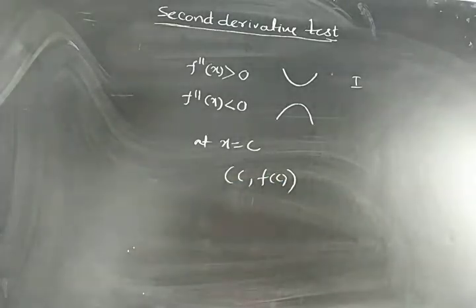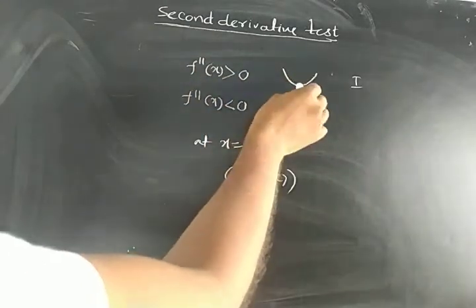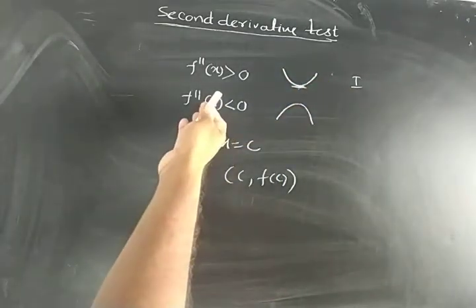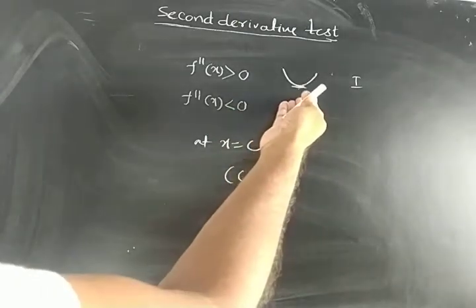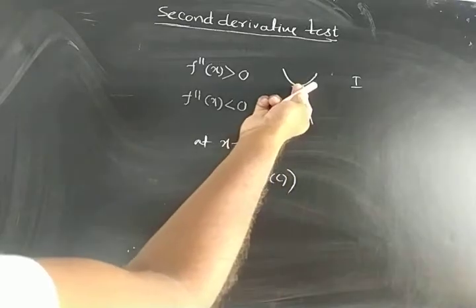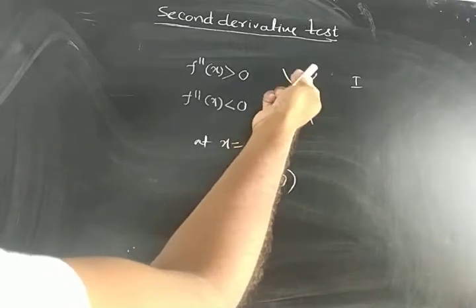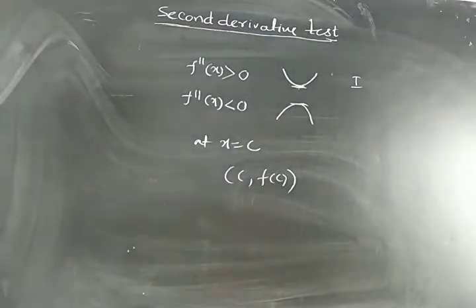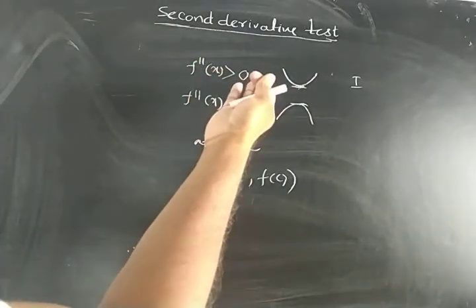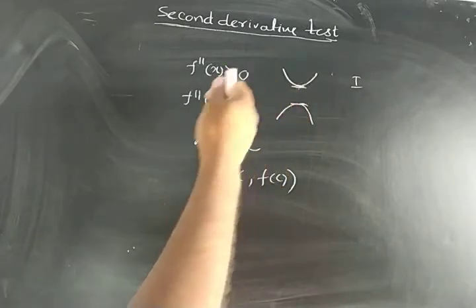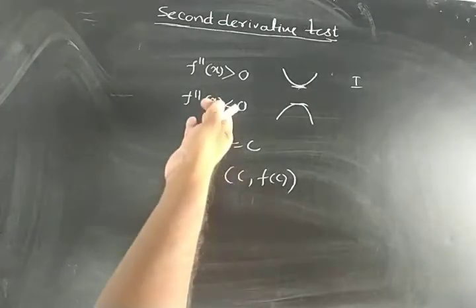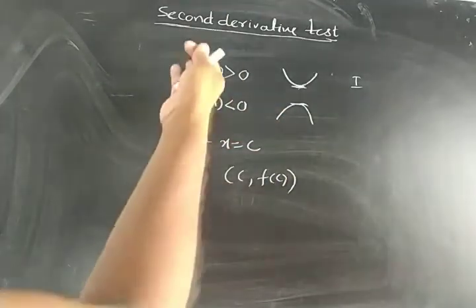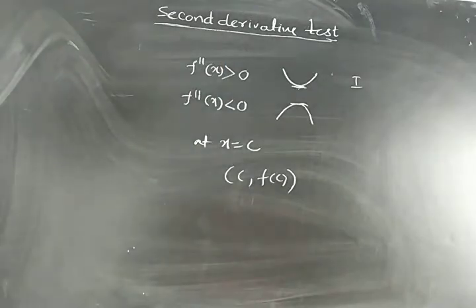As well, we can find the local maxima and local minima using the second derivative. If concavity is upward, then it attains a local minimum. If f double dash of x is less than 0, then it attains a local maximum. Observe here, this is a maximum value where concavity is downward. Observe here, this is a local minimum value in the interval where concavity is upward. So how many uses are there? We can check the concavity and convexity, determine the point of inflection, and find the local maxima and local minima for the function at the point, right?